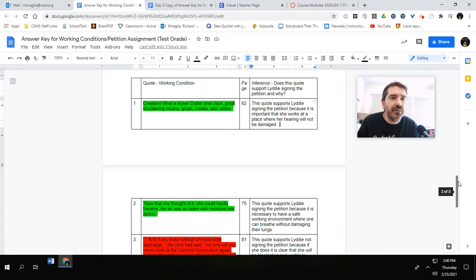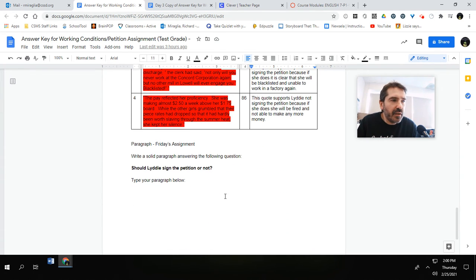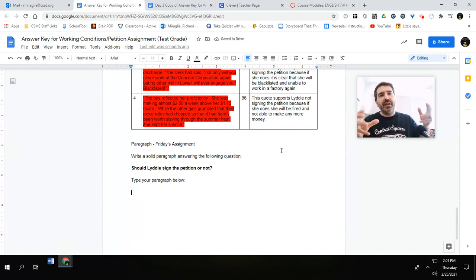So let's scroll down to the question. The question is, should Liddy sign the petition or not? Okay. If you choose items that are highlighted in green, you think she should. Items highlighted in red, you think she should not. Okay. So,